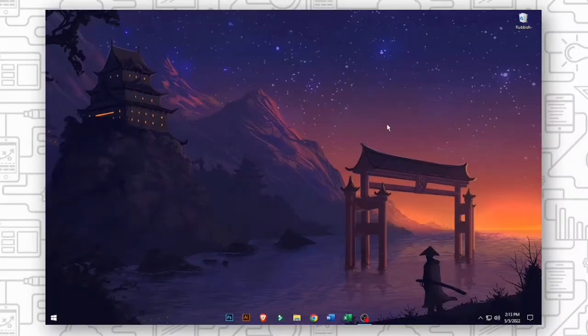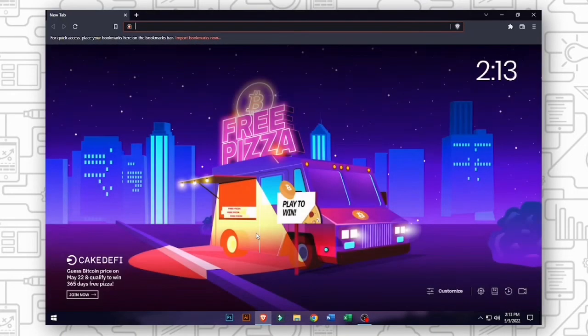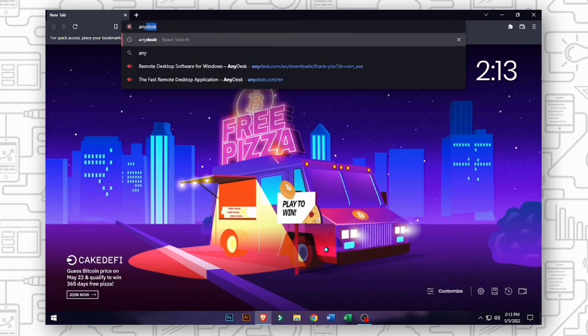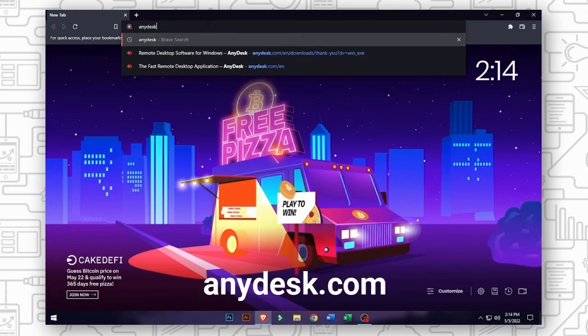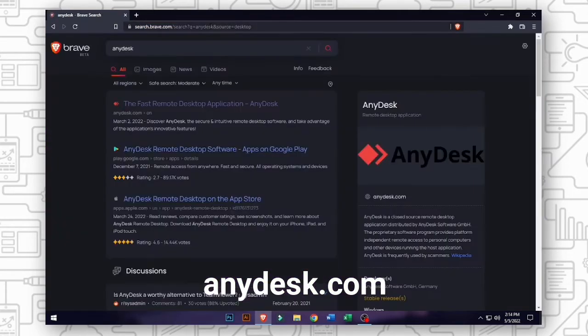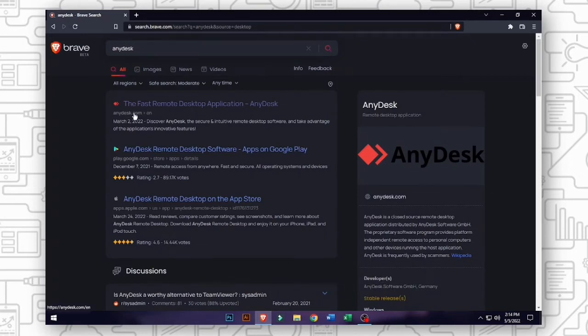So first of all, we have to move to our browser. No matter what browser you're using, I'm using Brave browser. So go to the URL bar and type AnyDesk. It's ANYDESK. After pressing enter, you can see the official link of anydesk.com. Click into this link